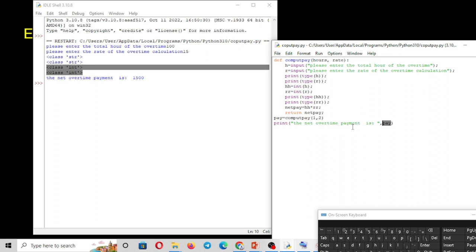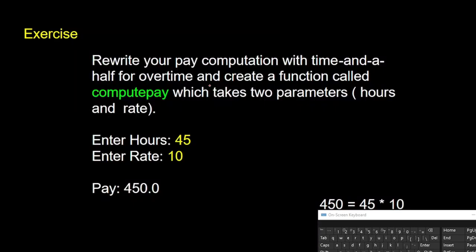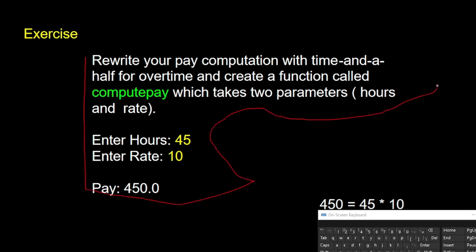the net overtime payment is 1500. This is how we compute or how we conduct this exercise. You can do more similar exercises using these types of problem solving technique or skill. For example, you can do your net monthly salary of an employee, or you can calculate the student's grade. You can calculate whatever mathematical operations or problems that you have